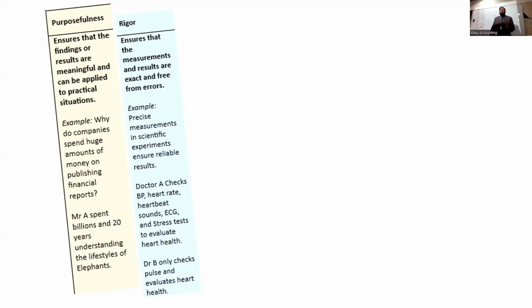Purposefulness means whatever we speak, whatever we write, should have a definite purpose. And that definite purpose should come from multiple testing. Perfect. Now, the third point is